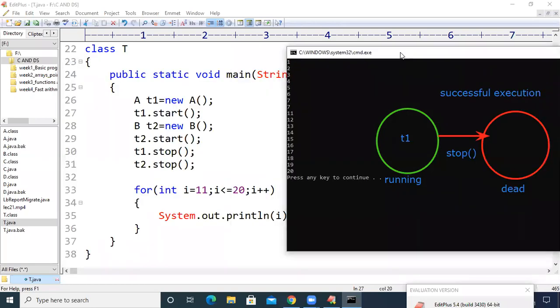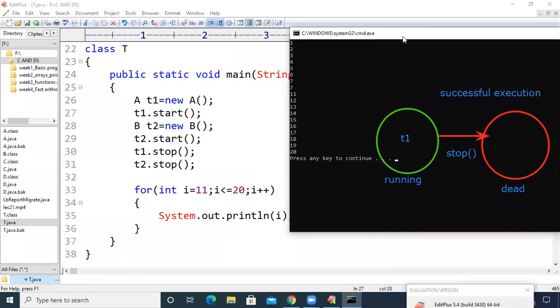See here, we got 1 to 7 and 11 to 20. The numbers 11 to 20 are printed because we don't have any restrictions on the main thread. We only have restrictions on T1 and T2. After executing the T1 thread for some time, that is, printing up to 7, I think the T1 thread has been moved into the waiting state.